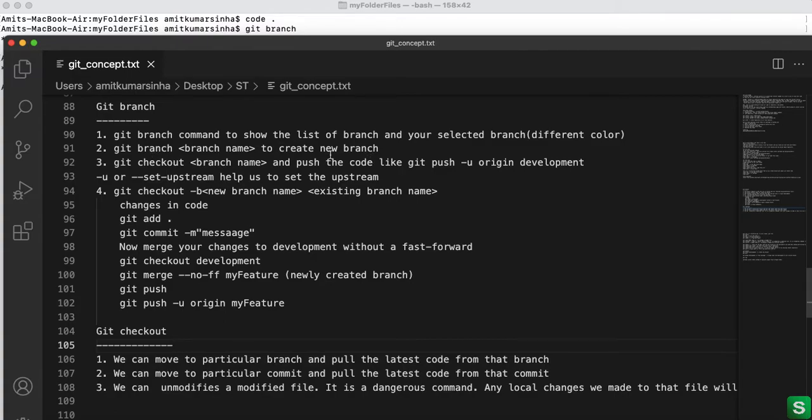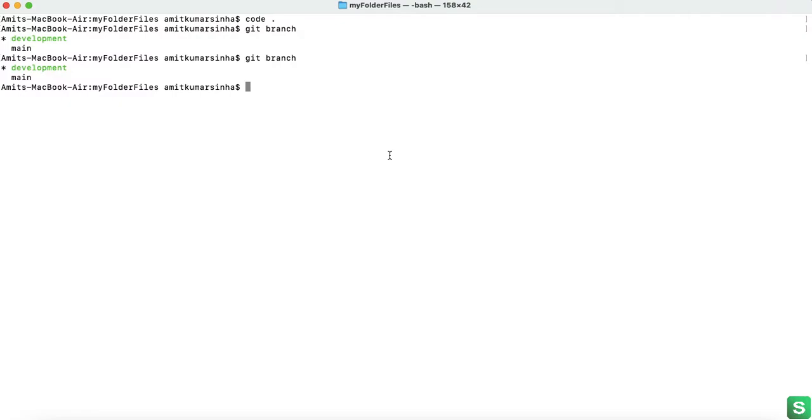Now we can create a branch using git branch followed by a name, but this branch will be created independently. Like git branch, suppose, staging. Okay, so this branch is created. Now we have to commit or push our files or folders there. For doing this we have to use the git checkout command, git checkout staging. This staging is not created on the repo right now. Once we push the files and folders, only then will it be created in the repository. Right now it is created in my local.